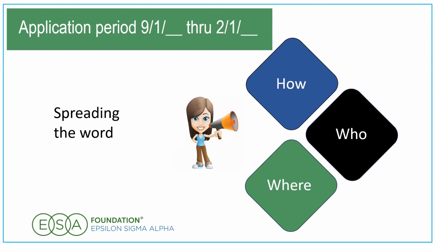So how do we get the word out? Headquarters staff sends out an e-blast to all persons who filled out an application last year. Then this is where you all come in and can get involved. Foundation counselors, members, relatives, friends, anyone can spread the word. We have a template with the scholarship website that you can request and have readily available to distribute to anyone you meet that might be going to school of some kind.